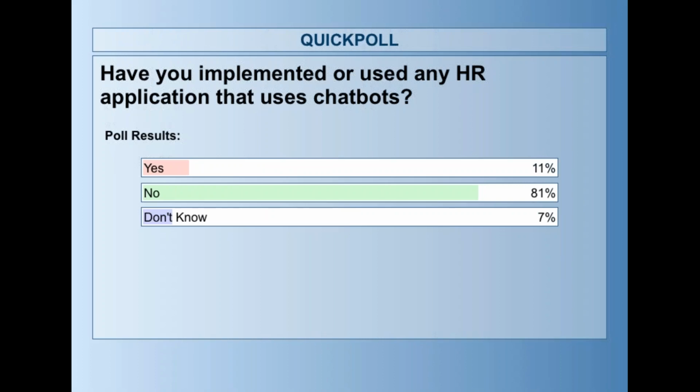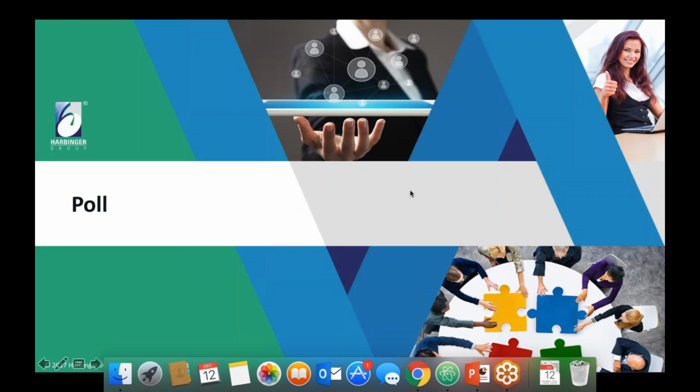So I'm sure you will have some inputs and thoughts to share as well, based on your experience with the audience and through the question interaction. And for those of you who don't know how to use chatbots, I think you will find some parts of the discussion interesting, and some ideas of how you can leverage this technology. So moving further